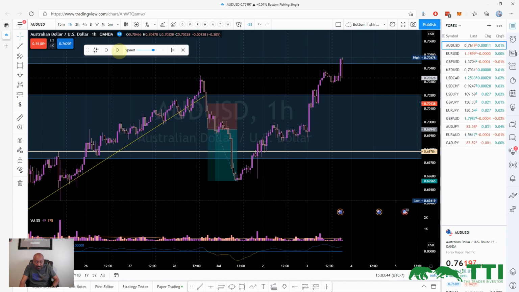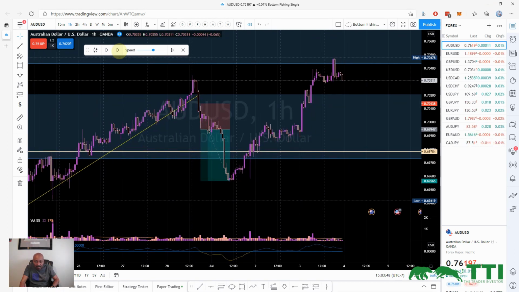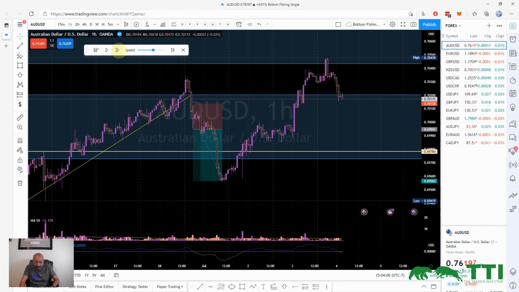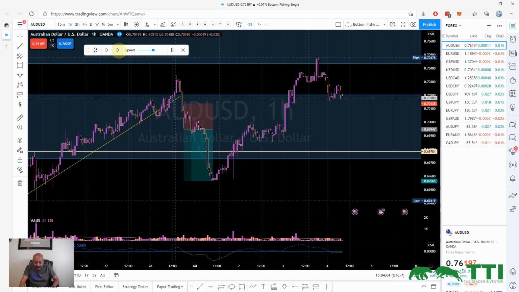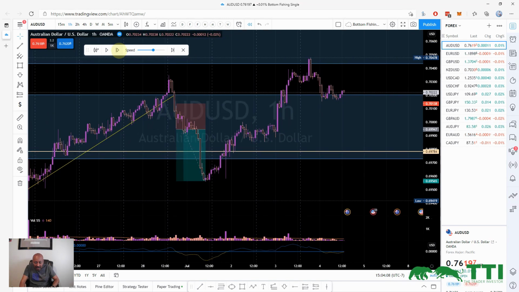This is how you just keep monitoring the trades. Is there a break of structure? And if there's no break of structure, then we continue our position, right? So we have a high, we have a higher high, we have a higher low, and now we're waiting to see what price does. So here, I believe we missed this entry